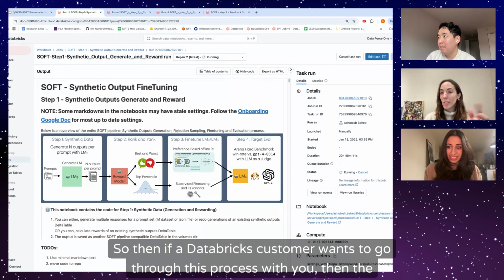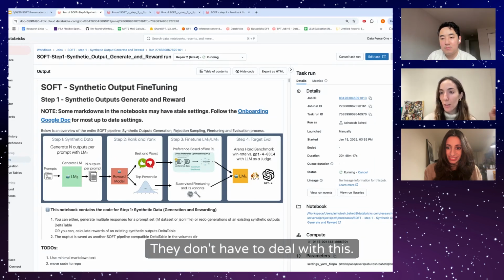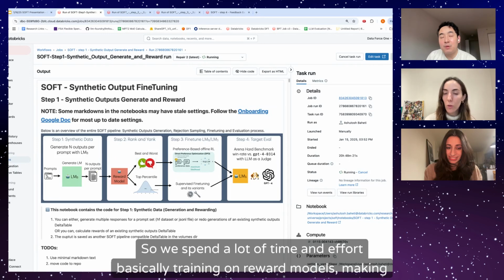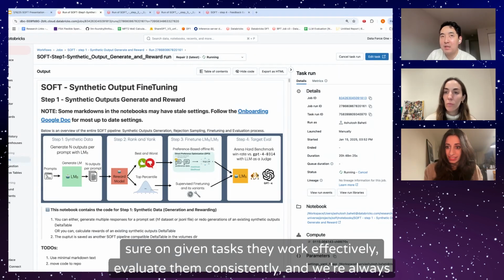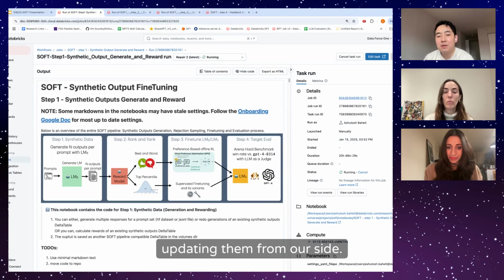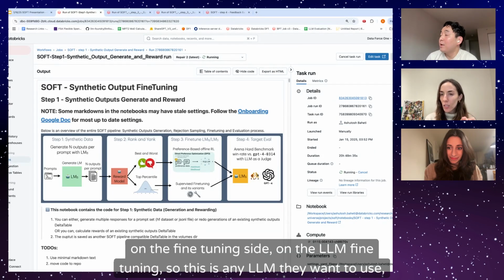So then if a Databricks customer wants to go through this process with you, then the reward model is already pre-trained, right? They don't have to deal with this. Yeah, exactly. We spend a lot of time and effort training reward models, making sure on given tasks they work effectively, evaluating them consistently, and we're always updating them from our side. Okay, and then on the fine-tuning side,